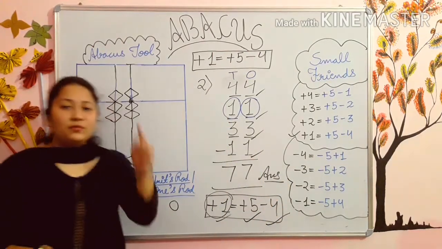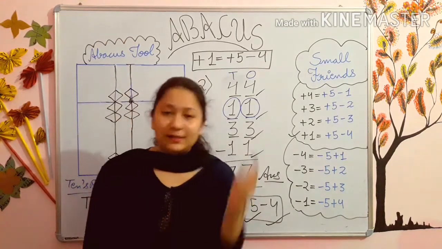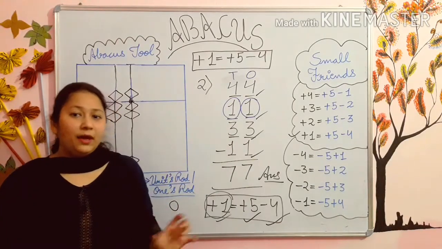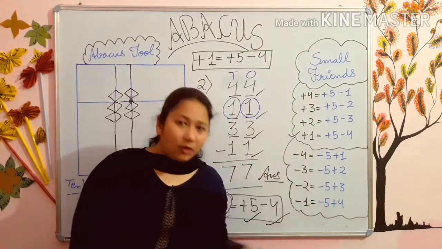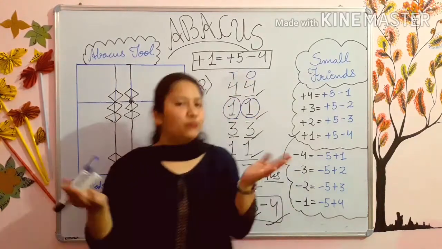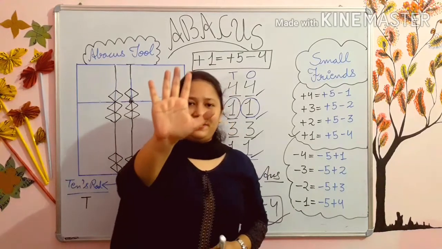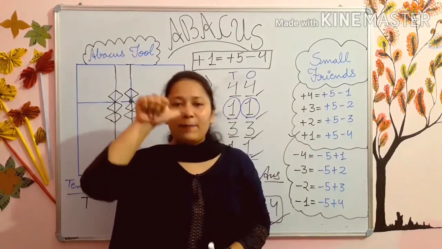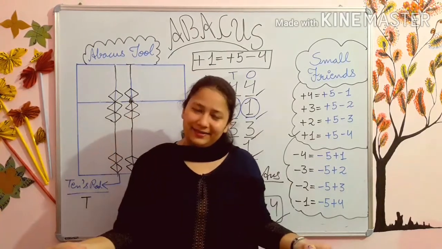See students, just learn that wherever you get lack of bead, इसे याद कर लीजिए कि जहाँ पर भी आपको bead की कमी होगी. And which bead? 1. Means you have to add 1 but the bead will not be there. आपको 1 add करना होगा लेकिन bead नहीं होगी. So what do you have to do? आपको क्या करना है? First of all you have to add 5. आपको 5 add करना है. Then you have to do minus 4. आपको 4 को minus कर देना है. And your 1 will get added.